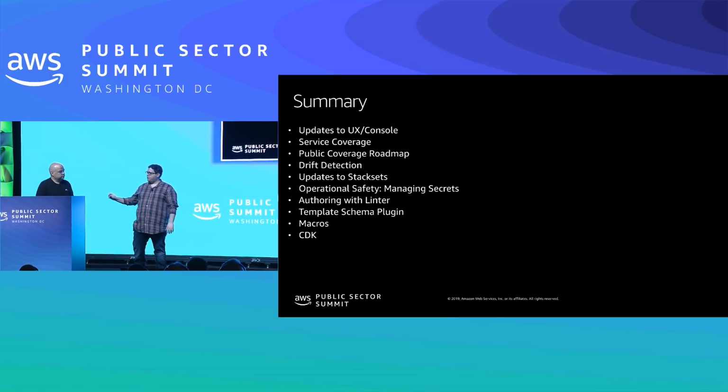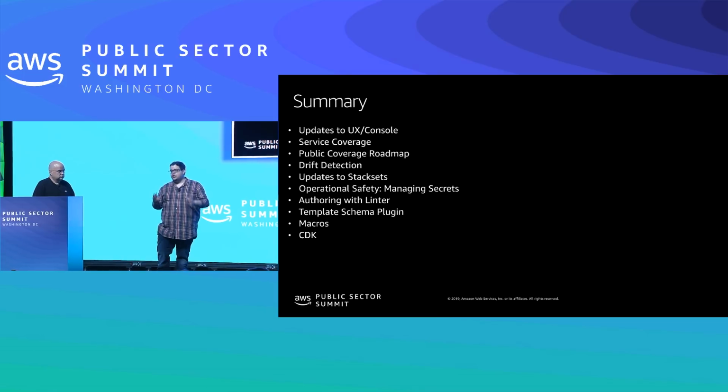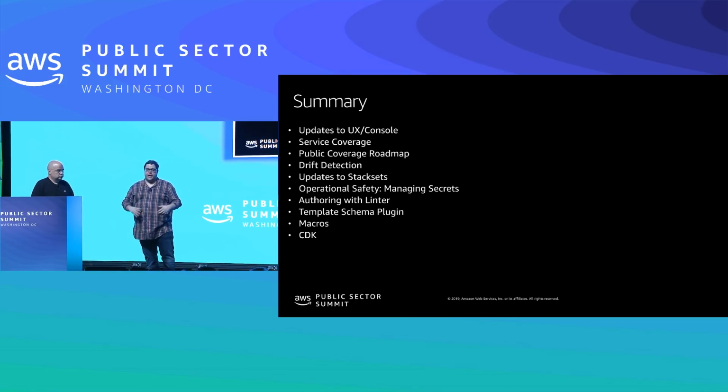And yeah, go ahead. I want to touch on something that Luis said there. Feedback is super important to us, right? Feedback actively shapes what our roadmap looks like. When we have team meetings, what are we going to work on next? The first thing that we bring up is what are customers asking for? The console was a great one. We took what the customers were asking for, we built it. We scheduled time. We said, this other stuff they're working on is not as important as what customers want. And that's the AWS way, right? And we continue that at CloudFormation. Your feedback, your voice is very important to us. So please let us know.